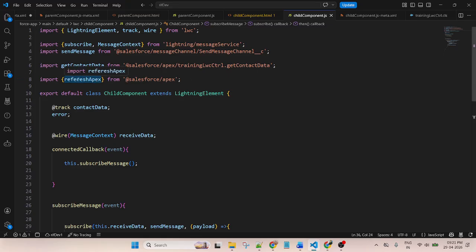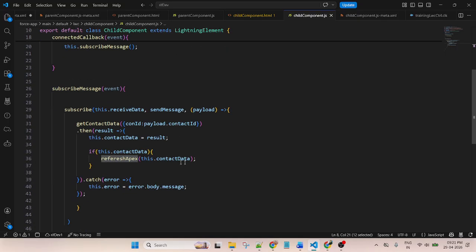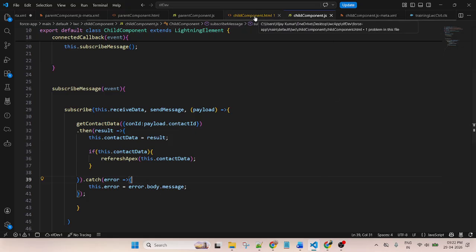So this is also a function. The refresh function is applied here, and inside the function I am calling the data that I am storing, because this track variable stores the value result. So I am passing this track variable inside the refresh so that it will automatically refresh and update. It will display the updated value in the component, and this is a part of the guide. Now let me go to the component.